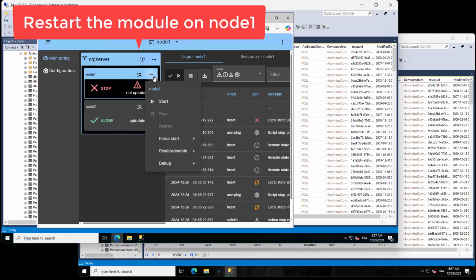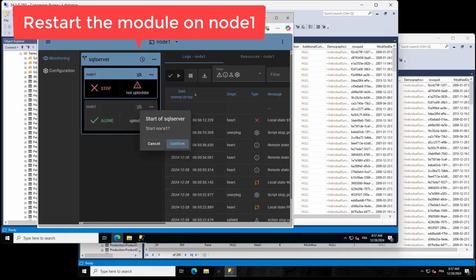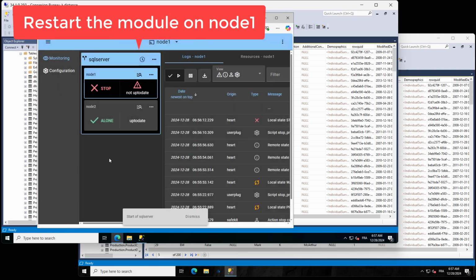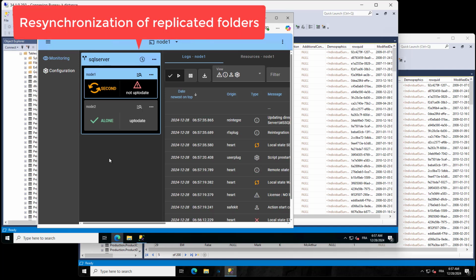Let's restart the module on Node 1, which will resynchronize the database files in its local folder. After the resynchronization, Node 1 is in the second state and is ready to support a failure or a stop of Node 2.